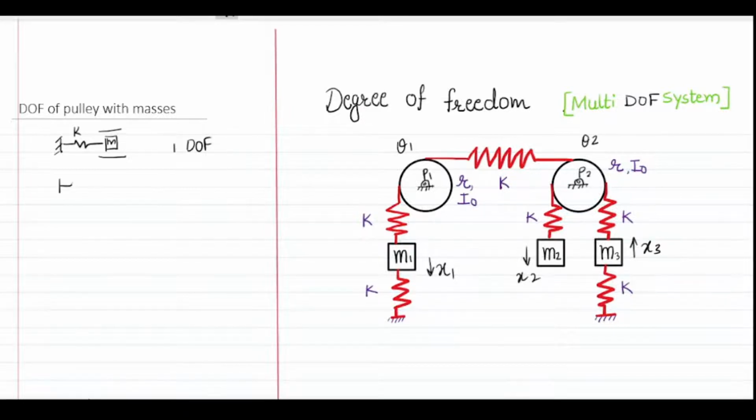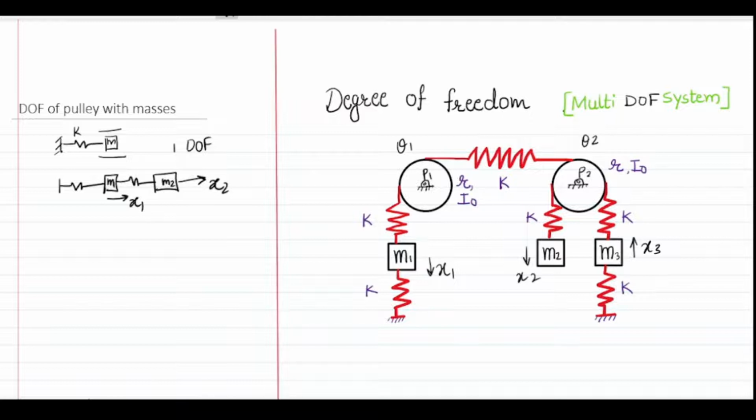If I connect two masses, m1 connected with another spring and the mass m2, suppose I am giving a displacement x2 to the second mass. Will I be able to define the motion of the first mass exactly by knowing only the x2 value or not? We can see here that since there is a spring connected between m1 and m2, there is a chance that, based on the flexibility of your spring, x1 and x2 will be different.